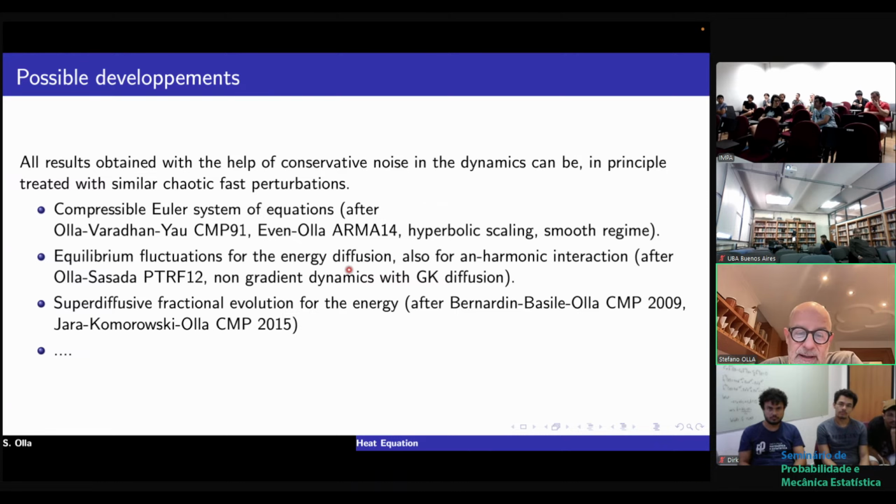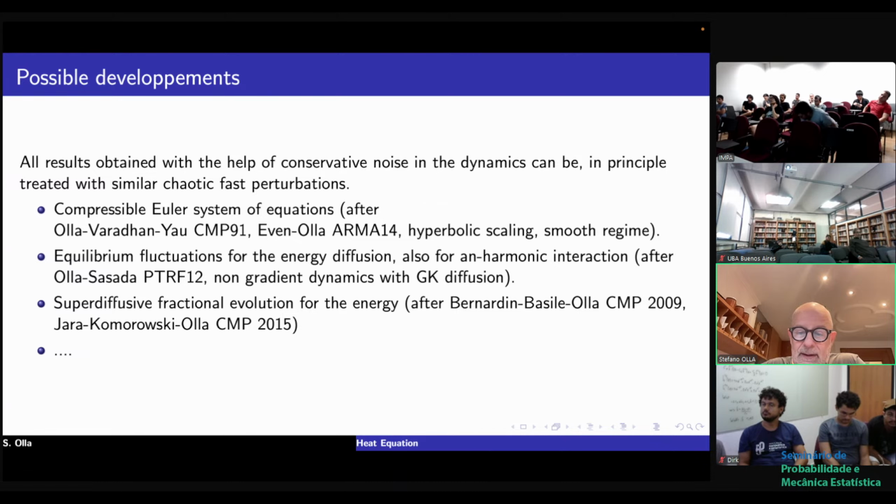I think this noise also could be substituted with some chaotic perturbation. When you study the equilibrium fluctuation, you don't have to use any entropy estimate. You are in equilibrium. You just have to show that the fluctuation converges to some infinite dimensional Ornstein-Uhlenbeck process, and you don't need